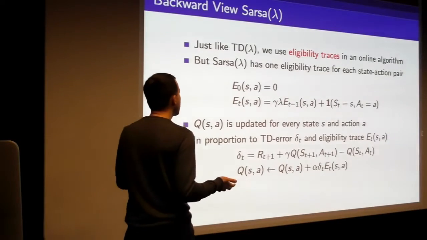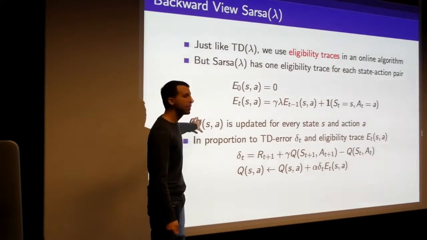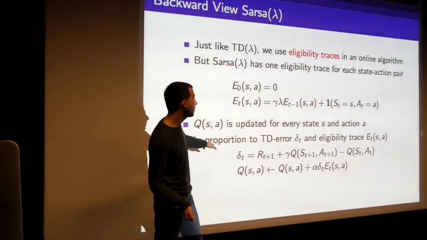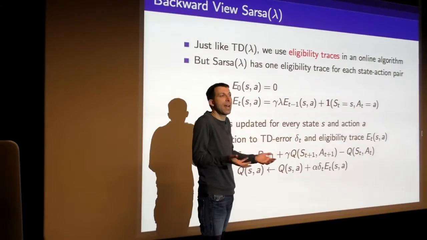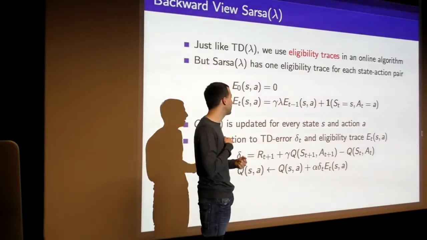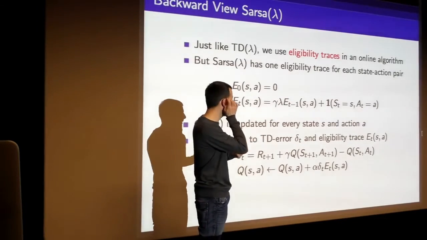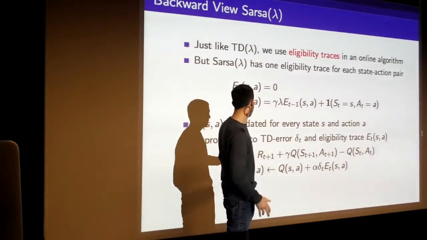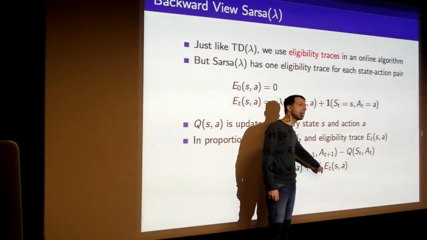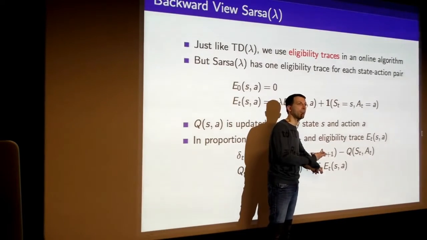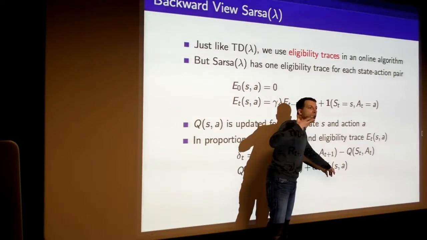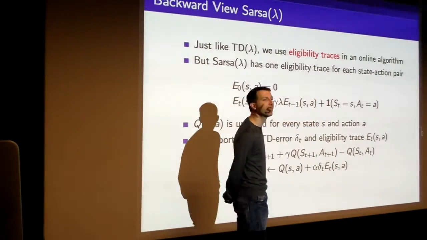And so what do we do then? Well, now we've got these eligibility traces, we just update our Q values for every state and every action. We update in proportion to the TD error. That's the event that happens of getting the carrot, or the surprising event where you got more or less reward than you expected. And the credit or blame that you assign is proportional to your eligibility trace. So now the algorithm is to say, let's update our Q values in proportion to the TD error, the difference between what I thought was going to happen and what actually happened, multiplied by this credit assignment trace, this eligibility trace.